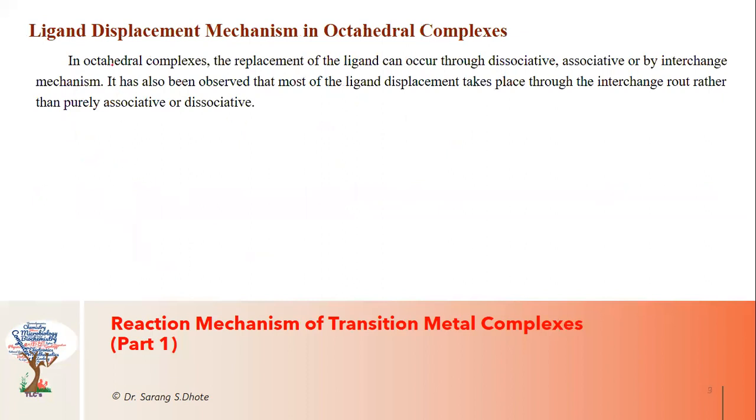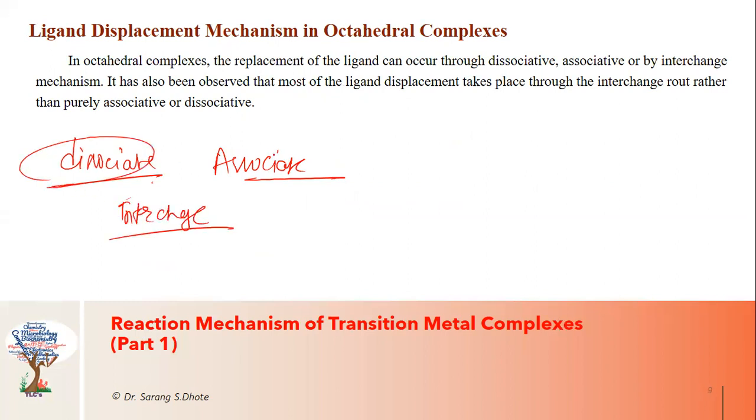Now we are going to discuss the ligand displacement mechanism in case of octahedral complexes. In octahedral complexes, the replacement of the ligand can occur through a dissociative or associative method, or by an interchange mechanism. There are three methods: first one is dissociative, associative, and interchange. It has been observed that most ligand displacement reactions take place through the interchange route rather than purely